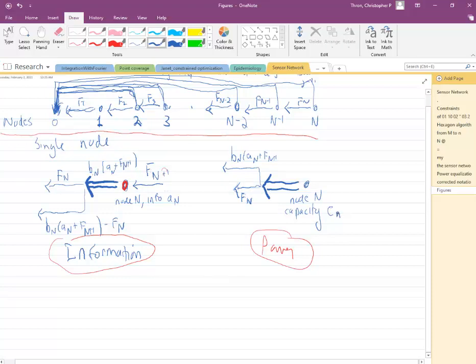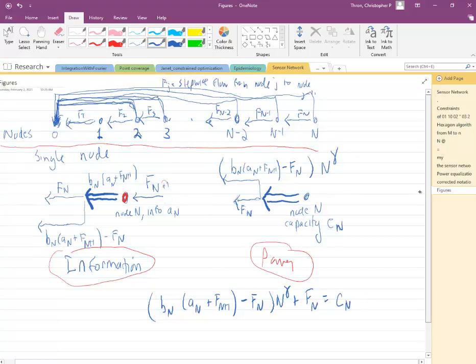Okay? Actually, this n should be the same like this. And the information that goes to direct is Bn An plus Fn, An plus Fn plus 1 minus Fn. And that's not inside. And then this is all times n to the gamma. So just to notice here, you have an equation that looks like this. You have Bn An plus Fn plus 1 minus Fn times n to the gamma plus Fn is equal to Cn,